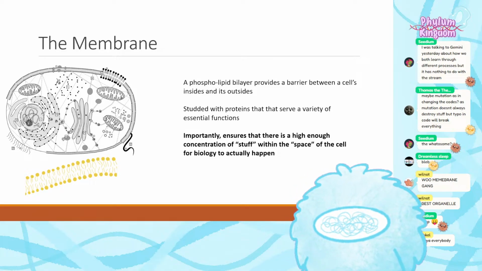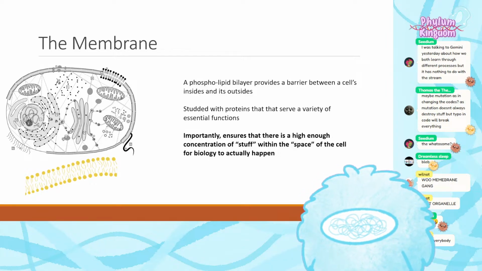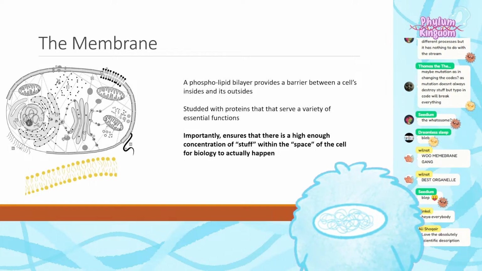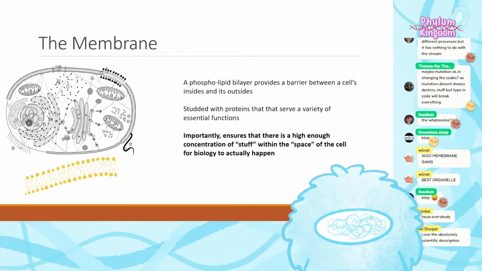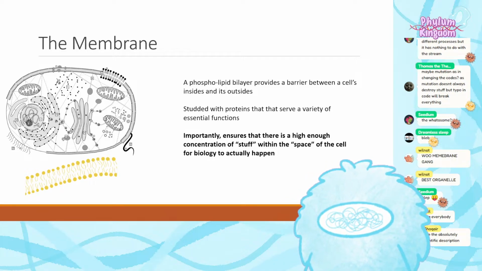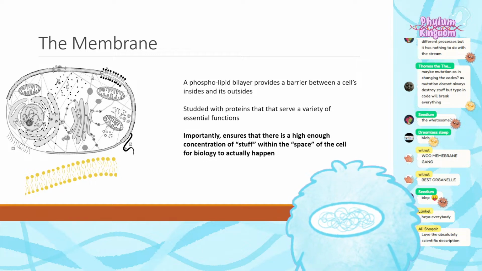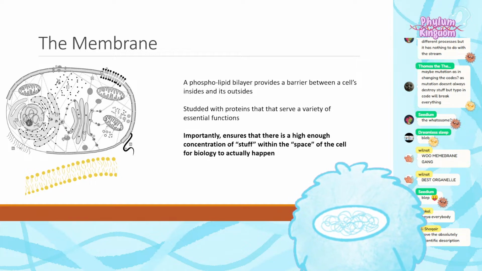And this membrane is also studded with a lot of different important proteins that help the cell react to its environment, as well as maintain its own integrity and do all sorts of other things, right? But I think an interesting takeaway is that a membrane had to have happened, right, for the origin of life, right?